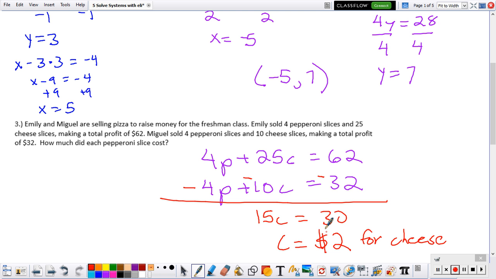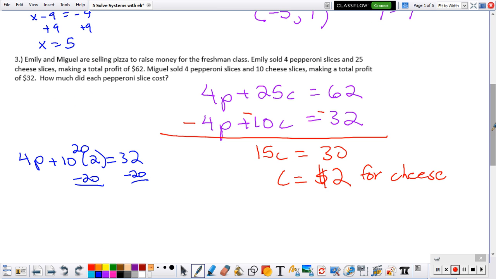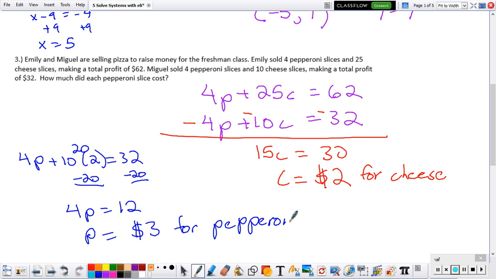So now I'm going to pick up the $2 and I'm going to plug it back in. I'm actually going to go back into the second equation again because it's just smaller and easier to work with. So I'm going to have 4p plus 10 times 2 is 32. 10 times 2 is 20. So I'm going to subtract 20 from both sides. So now I've got 4p equals 12. So that means pepperoni costs $3. Which is actually what we were looking for, because it says how much each